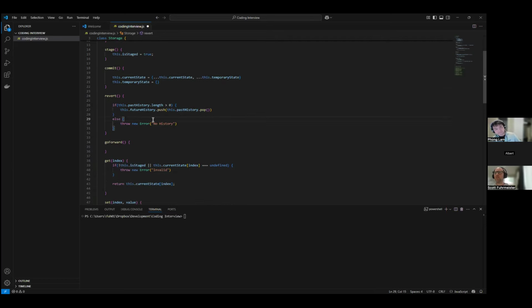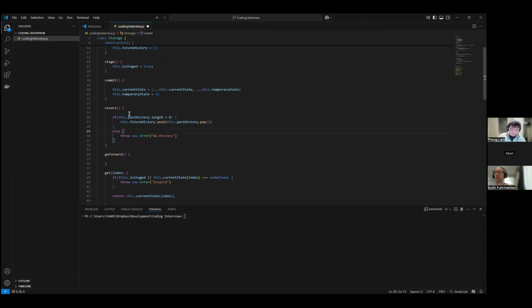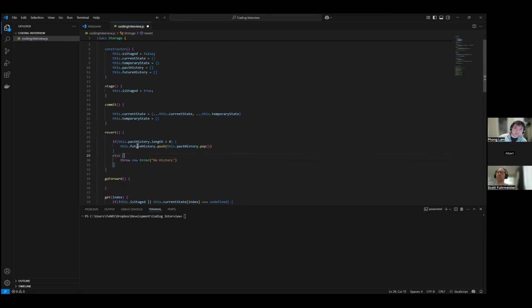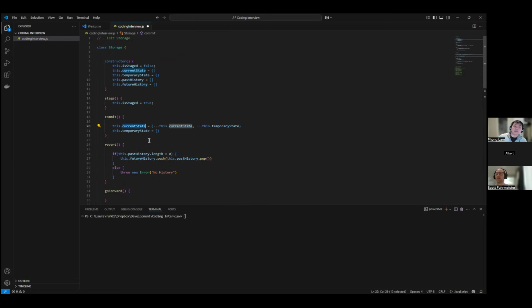All right, so then when we go back, we push the past history onto the future history. You should also replace the current with the past history part. So I think what I could probably do is I don't even have to keep the current state anymore. If you don't want that, you can just read it from the top of the future history stack all the time, right?